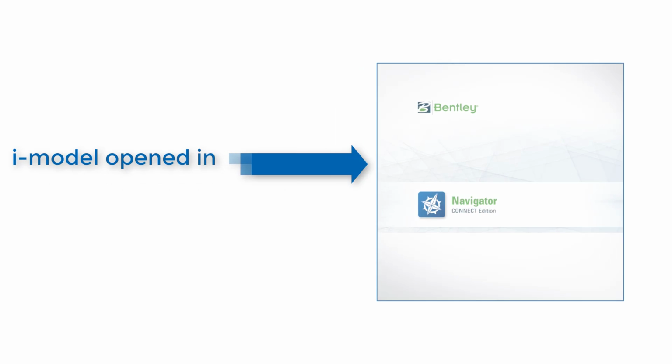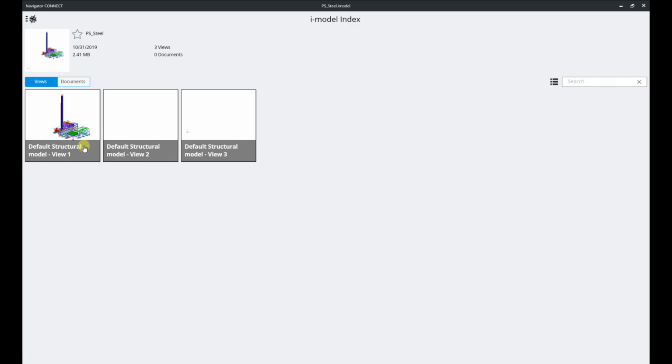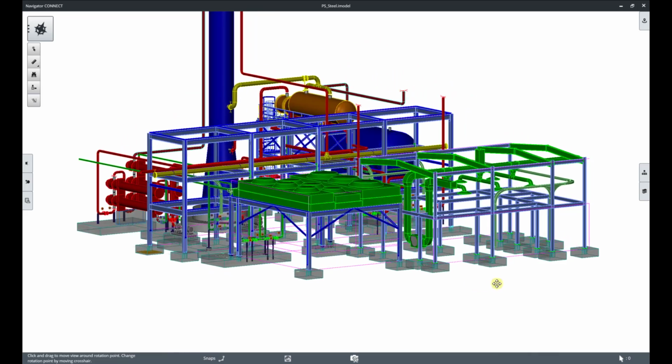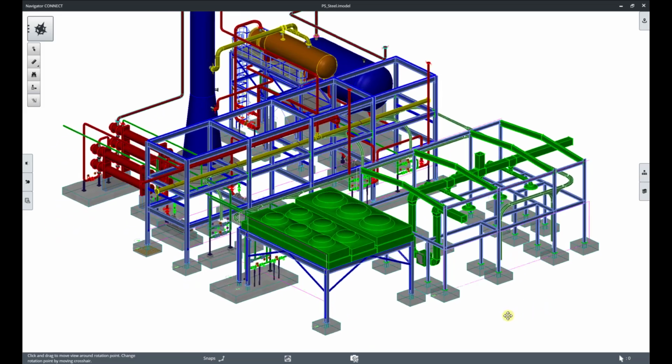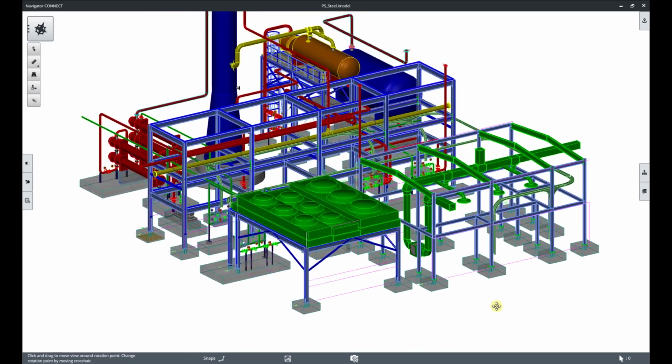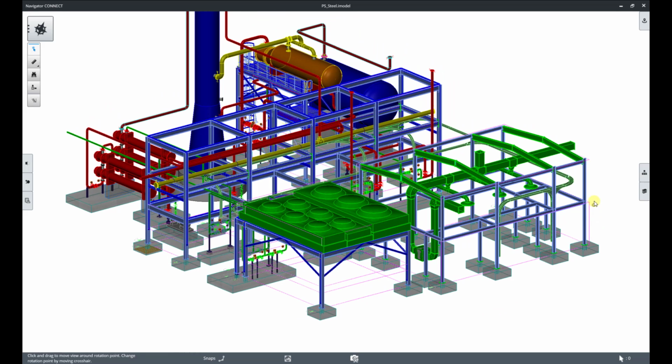Now we will open the iModel file in Bentley Navigator for review. As can be seen, the iModel is a correct replica of the original model and can be checked for its properties and levels, as well as it can be used for clash detection in the Bentley Navigator application too. iModels are read-only and hence are a secure source of information and the best way to share structural model information